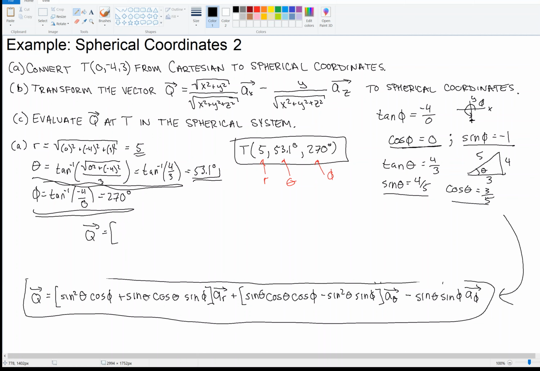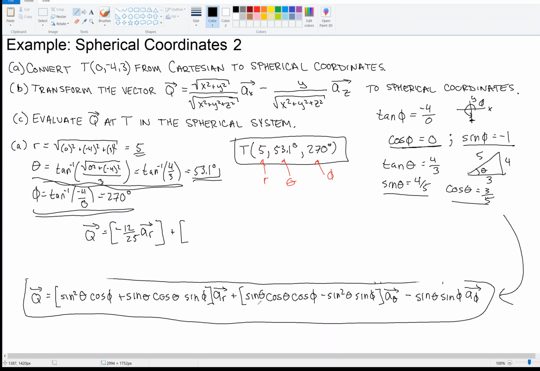Now we've got sine theta is 4/5. Cosine theta, okay, is 3/5. Sine phi, okay, so this is non-zero. So we've got 4/5 times 3/5 times minus 1. So that's minus 12 over 25. And that's the radial component there,